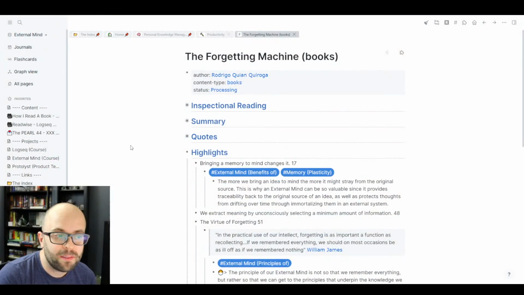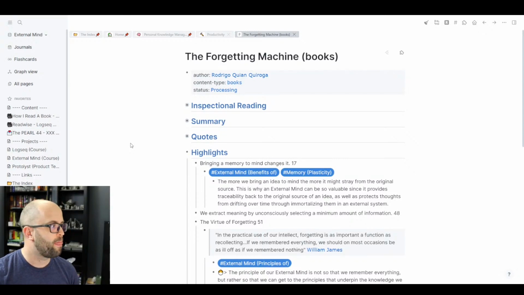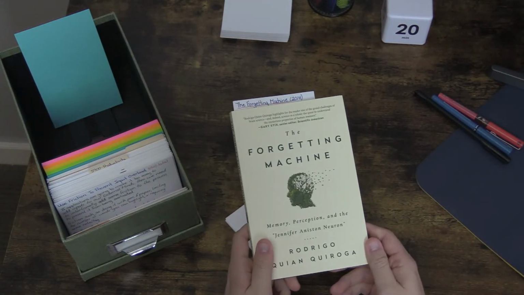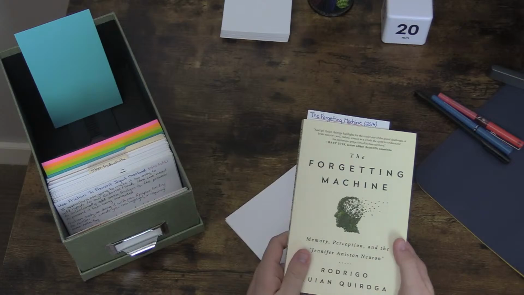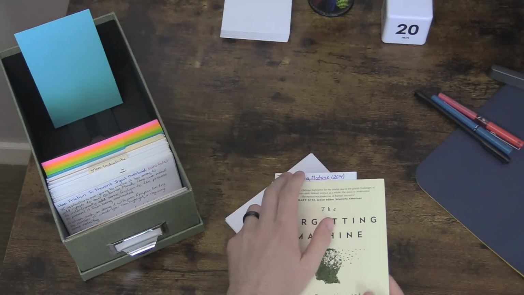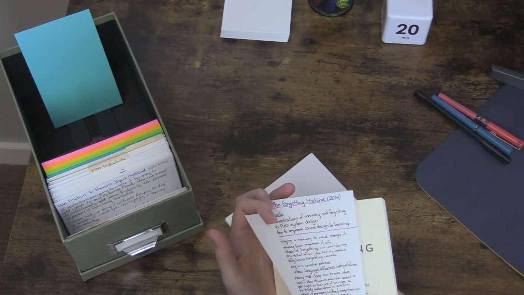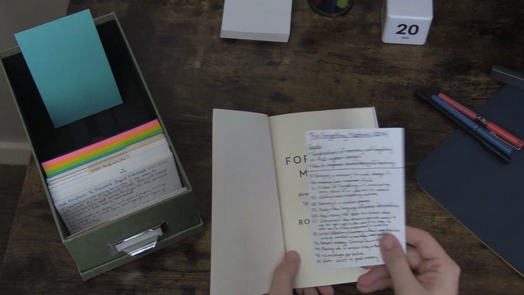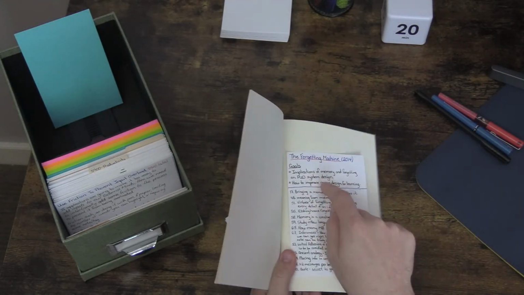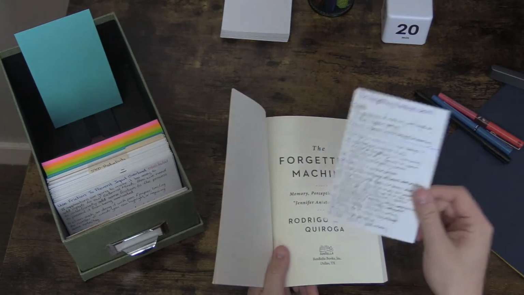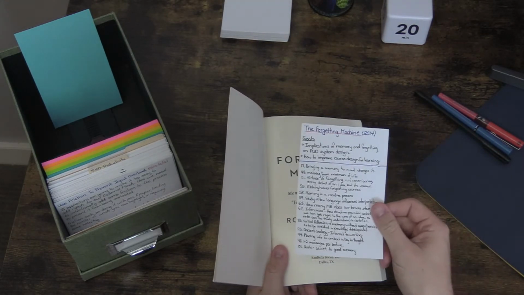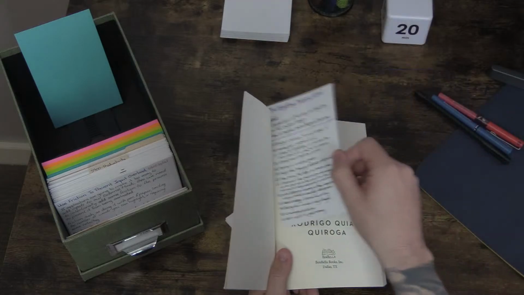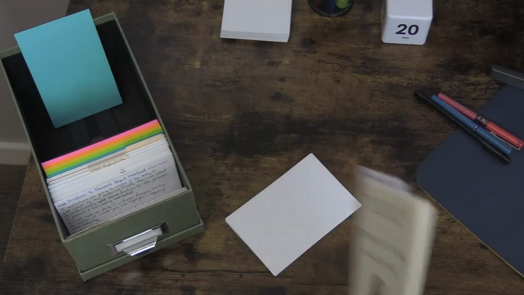So I'll just start off by looking at The Forgetting Machine. This was a book that I read about memory and perception. One of the videos that I'm going to be releasing soon is how I approach reading a book and taking notes. I create these little index cards where I put my goal for reading the book, and then I can also write down some jot notes with a page reference for what I found interesting. So this was what I got out of this book,